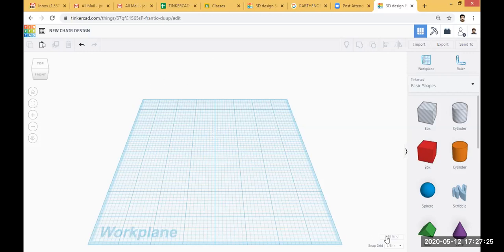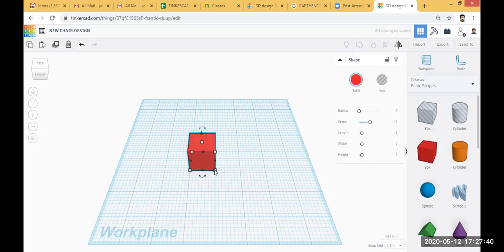So now I have changed the dimension, and also I have changed the name of my design. Then I will select the first basic shape, box. I will place it here. Then I will click the white dot, and I will enter the length and breadth as 0.125, for example.